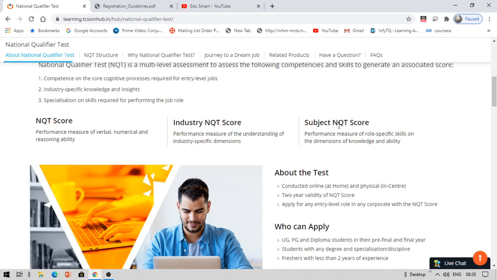But as of now, the NQT comprises two things. The first is the NQT score, which is verbal, numerical and reasoning, of 120 minutes. Right after you complete this section, you need to give the subject NQT score under the programming section only. Under subject NQT score, TCS has only given one option, which is the programming option, that you must tick when you are applying.